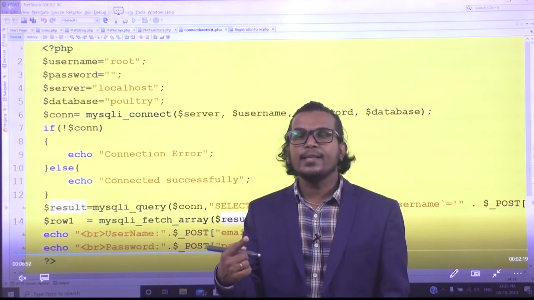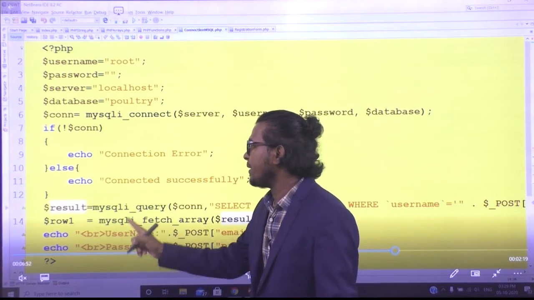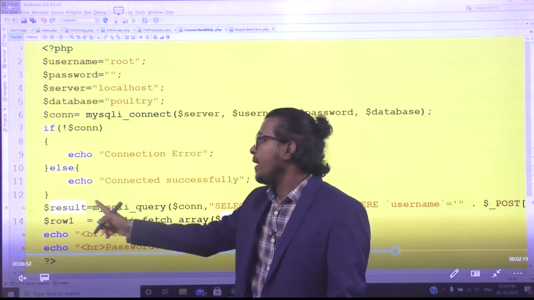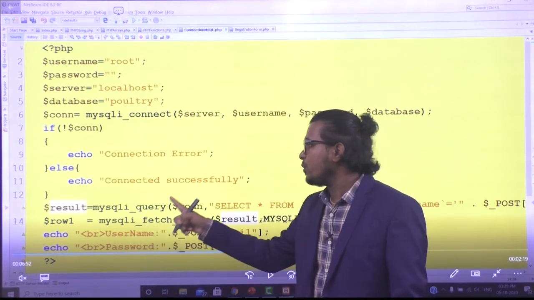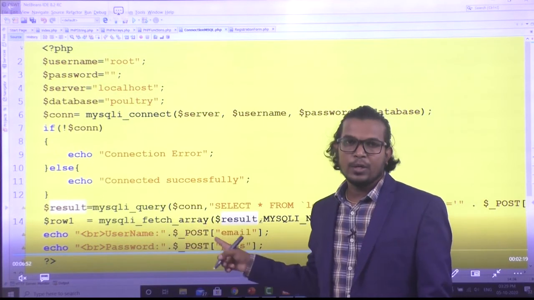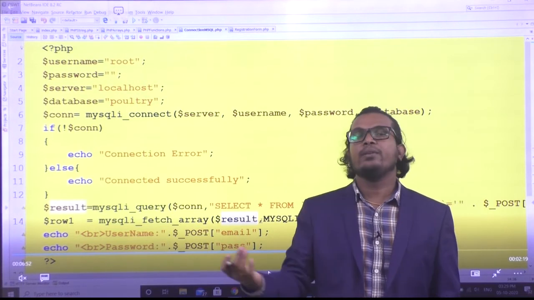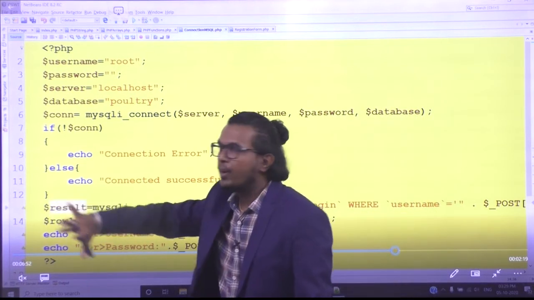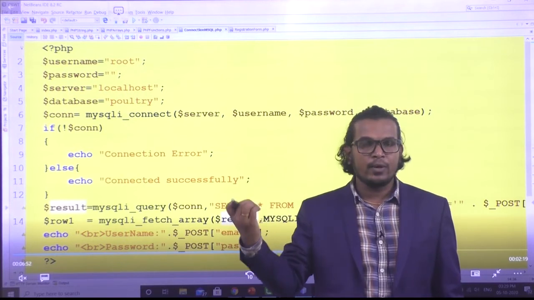For verifying that condition, I'm storing that information in a variable called result, and I'm forwarding that result to mysqli_fetch_array. This method will fetch or retrieve the information. It takes the raw information and checks whether any data is available or not.